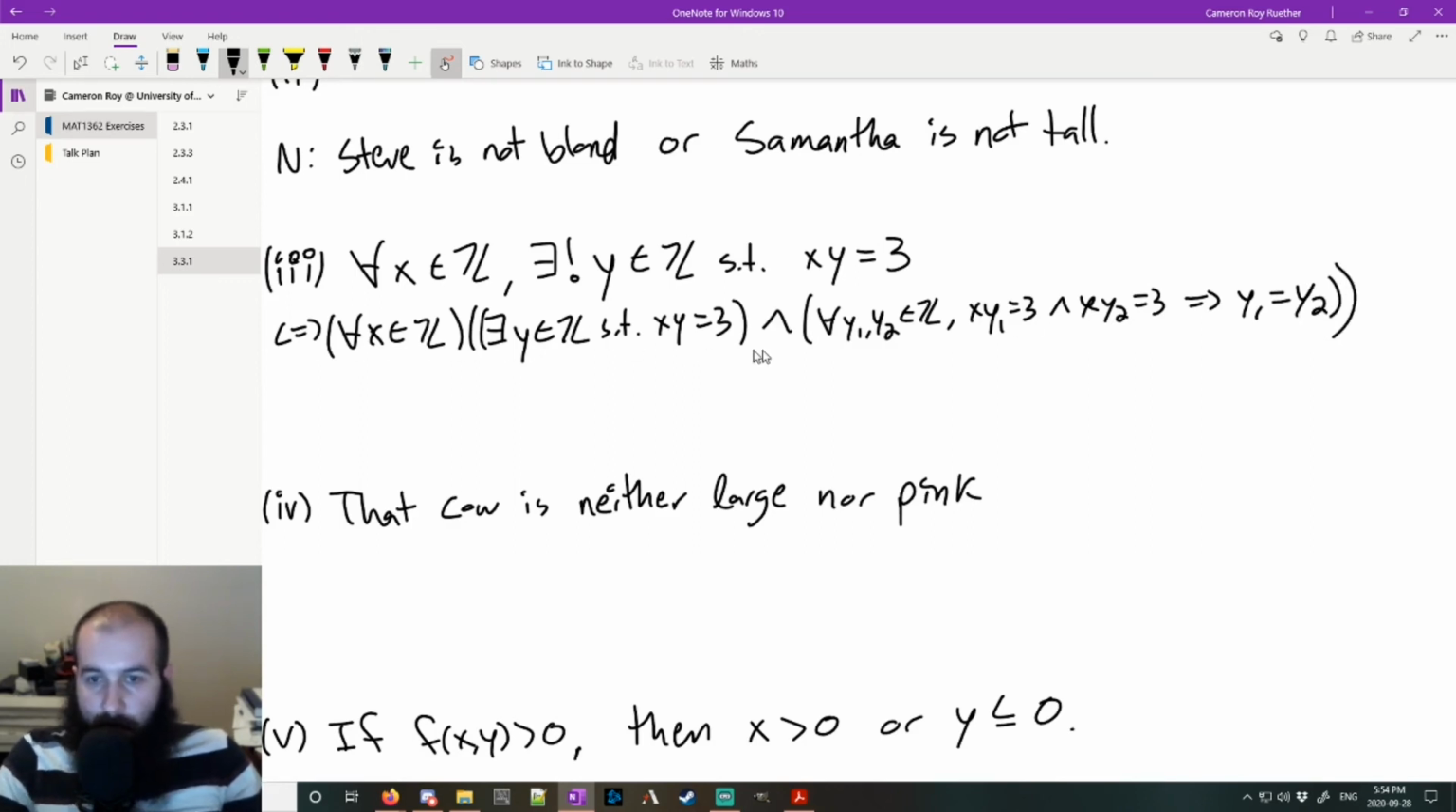So this is much more long-winded, which is why this symbol exists unique. But it's just, given x, there is a y such that xy is equal to 3. And also, anytime 2 different y's have this property, they're actually the same, which means that only one has this property. Therefore, its negation becomes there exists an integer x such that